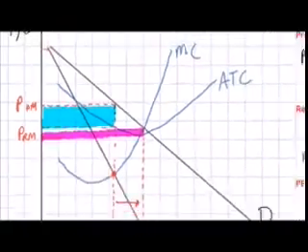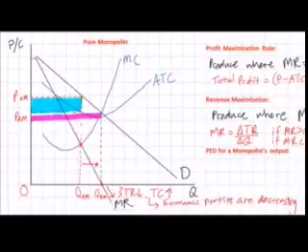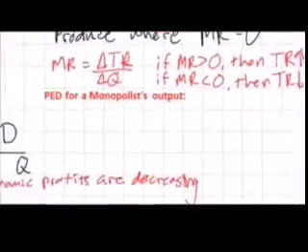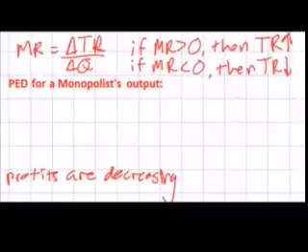The reason its profits are smaller, however, is that the firm's total cost increased by more than its revenues increased between QPM and QRM. A firm wishing to maximize its profits should reduce its output back to the profit maximizing quantity of QPM. Now, the final thing we're going to discuss today is price elasticity of demand for a monopolist's